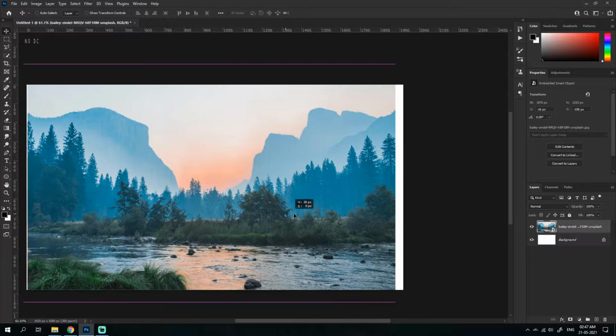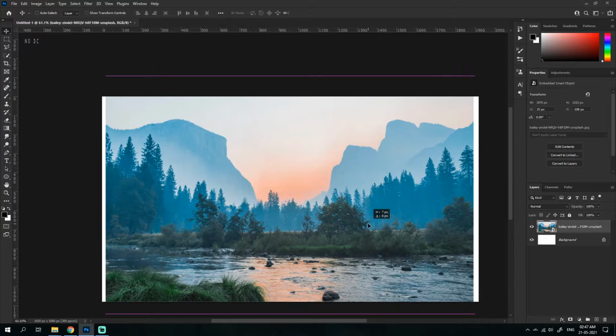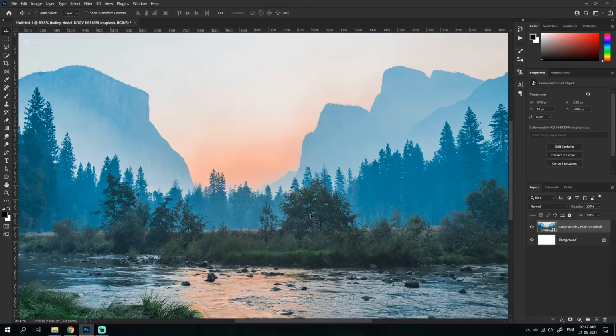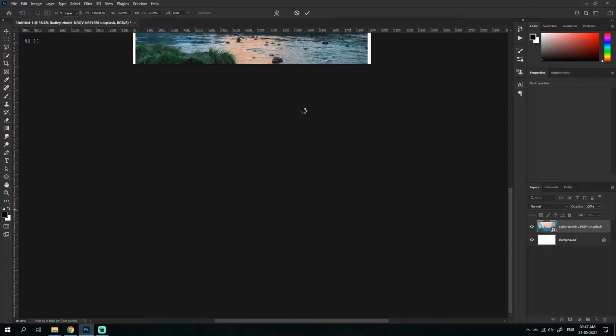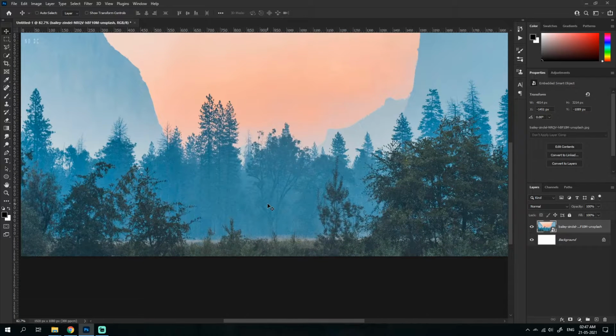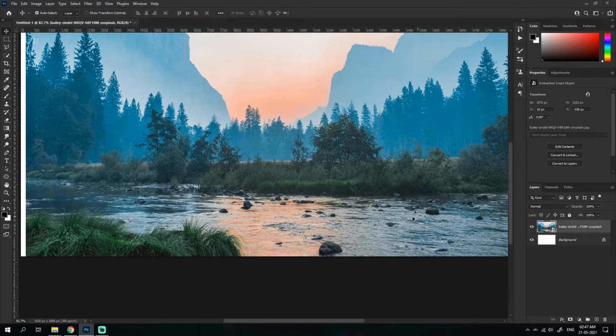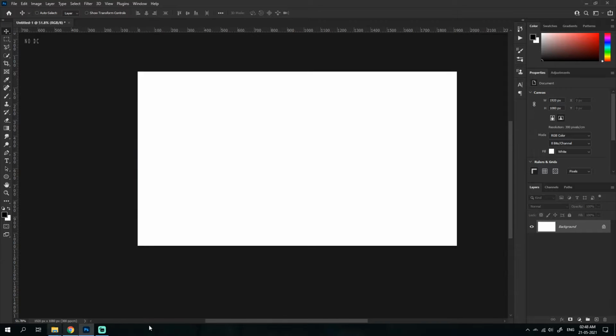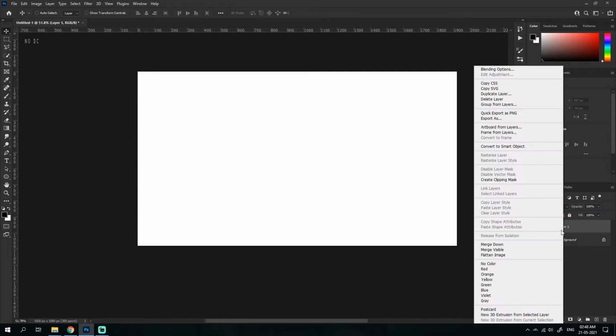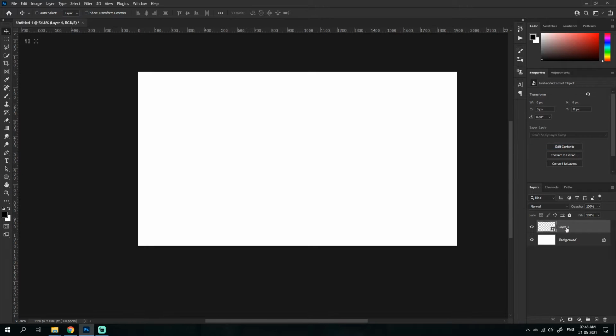So whenever you rasterize an image, it fixes those pixels instead of having the smart object quality. Just think of it as not losing quality. You have to make it a smart object. So we usually work in smart objects depending on what you want to do. The easier way to do it is I create a new object. I'll right click it and convert it to smart object.